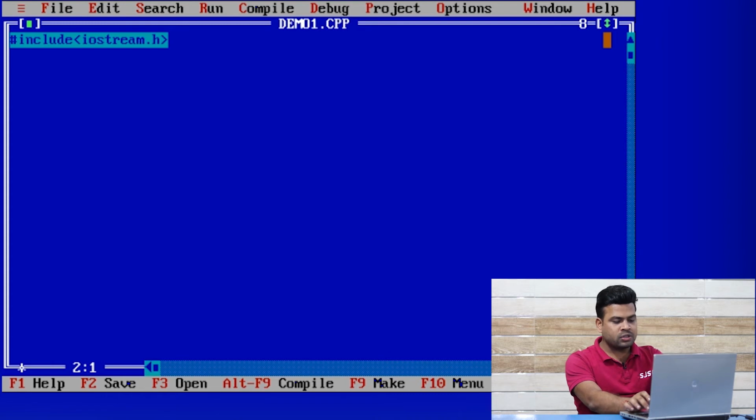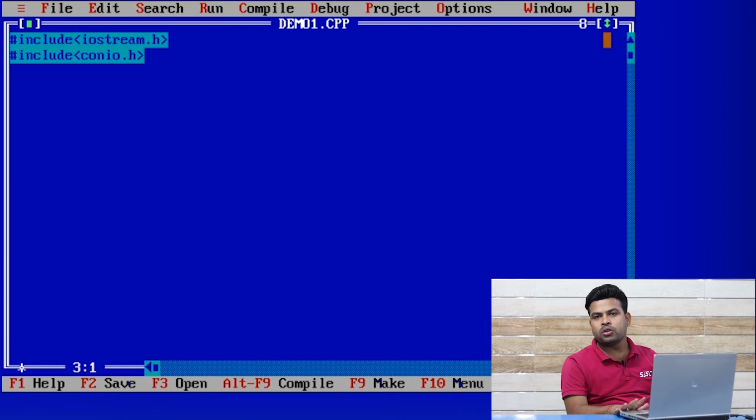Then after that, you have to declare one more header file, conio.h. So now I have declared two header files.